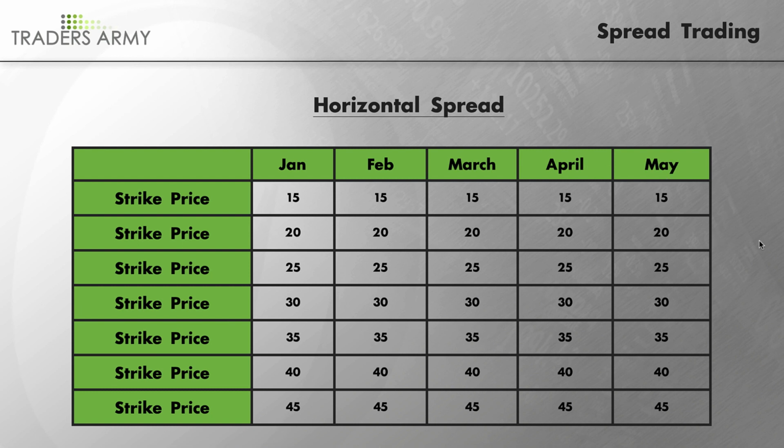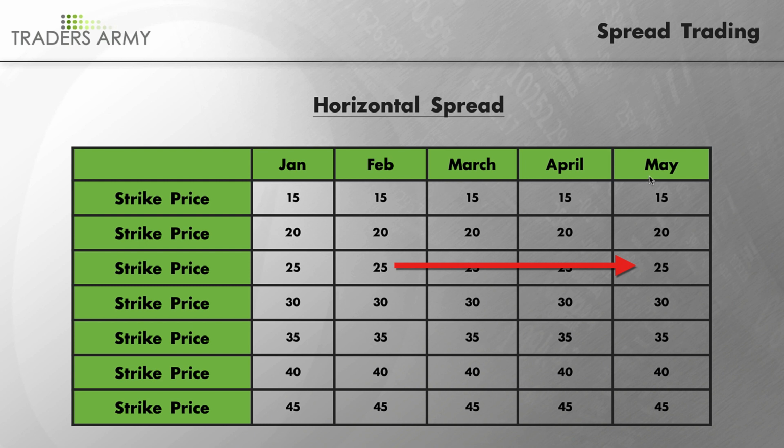So a horizontal spread would be where you were looking to purchase one option, say the 25 strike option in February, but then go out and sell a May 25 option at the same time. So you're buying and selling different expiration periods of time, but you're buying and selling the same strike price. And again, when we get to the horizontal call spreads and put spreads, we'll peel that onion back a lot more. But just showing you why it's called a horizontal spread is we're using the same strikes,